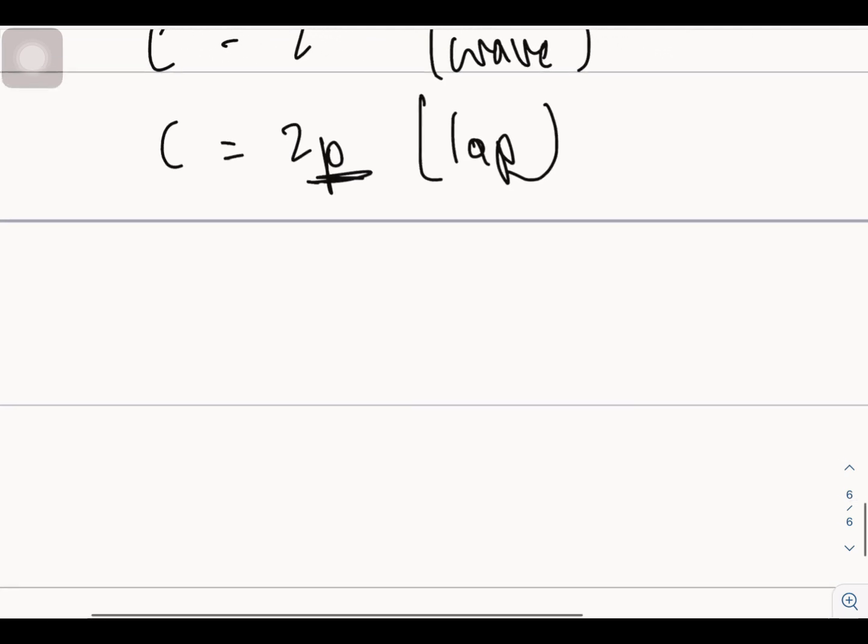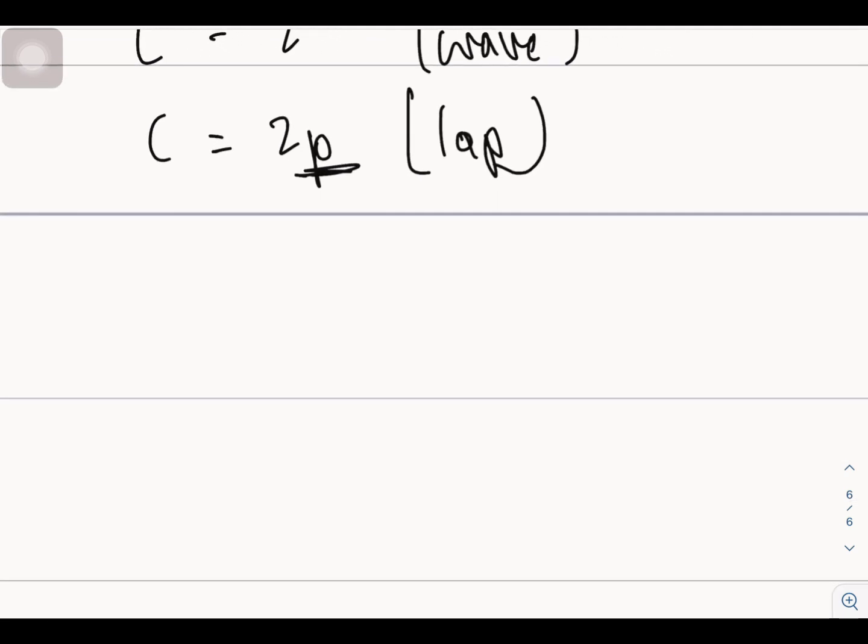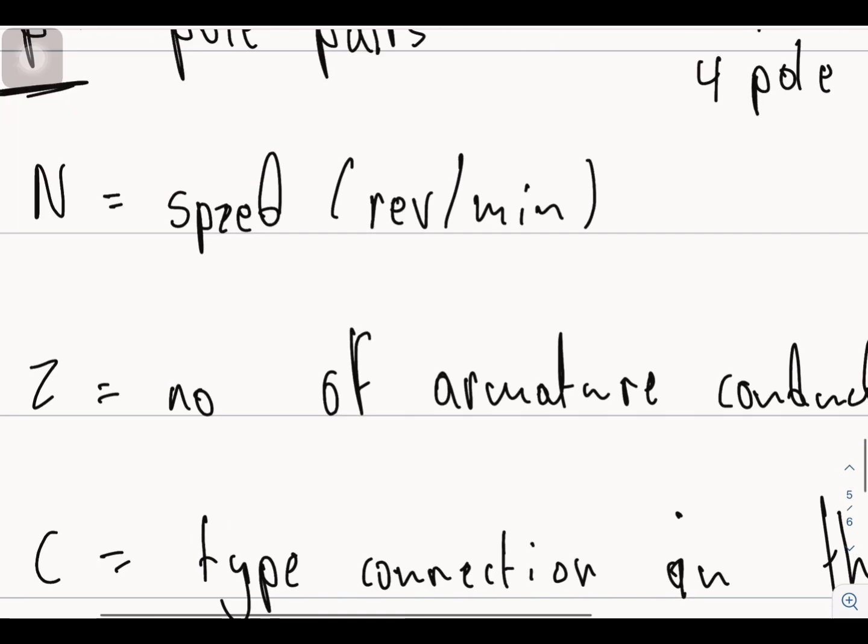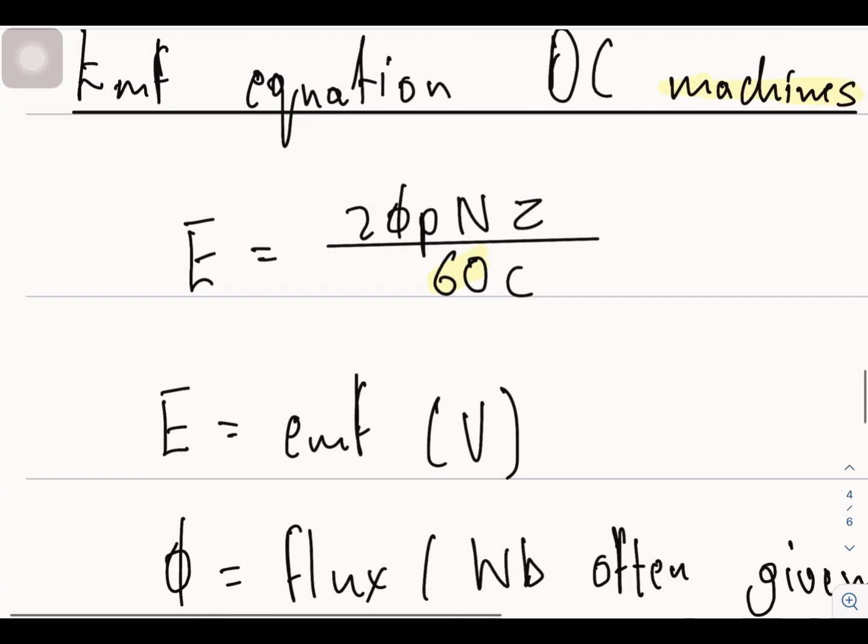Okay, now we're going to start to be more specific. What do I mean? We're going to start to differentiate the formulas of generators and motors, because until now the formula applied to both, a generator and a motor. Has that in the generator